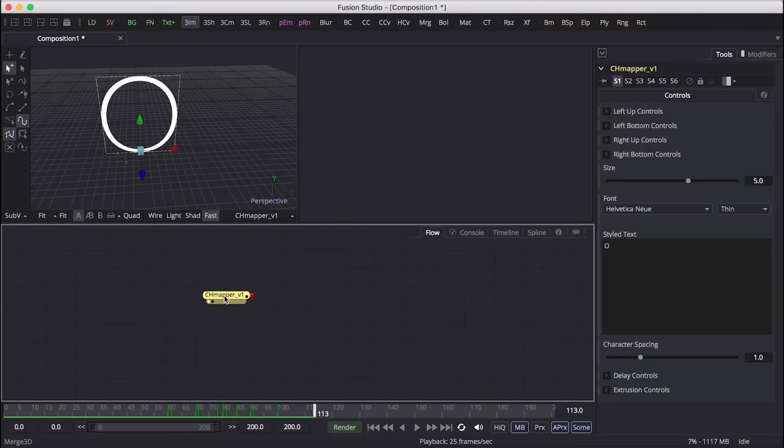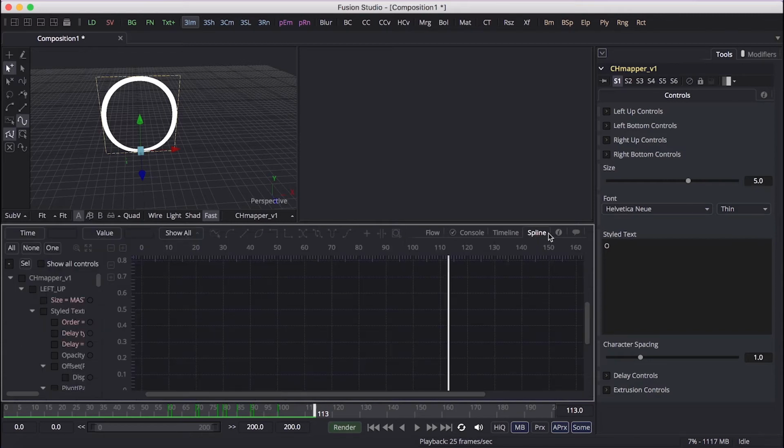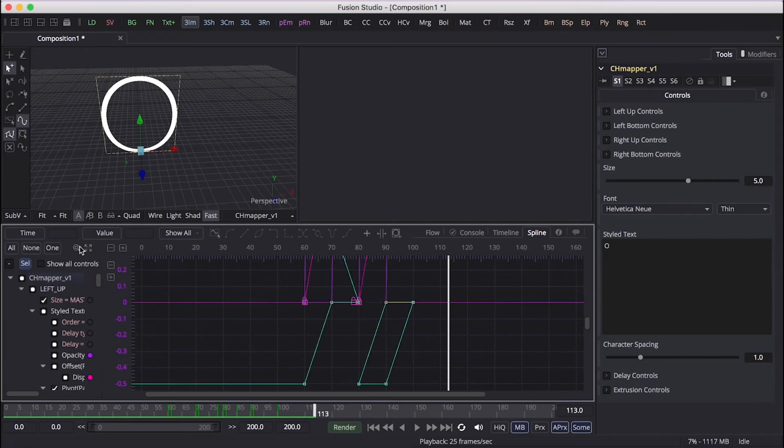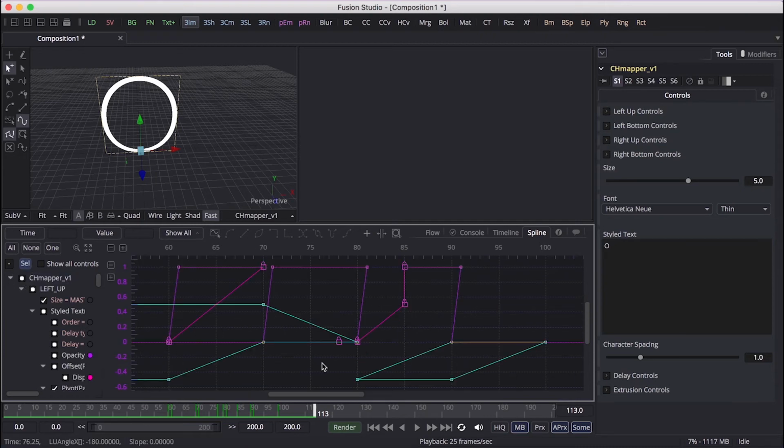And as we discussed, let's set up the standard smoothing on the spline. So go to the spline tab. Let's see what we did.